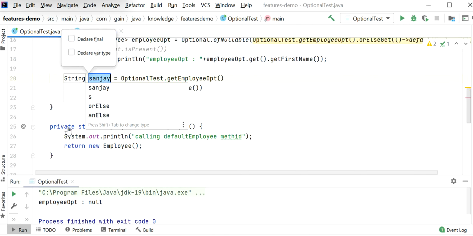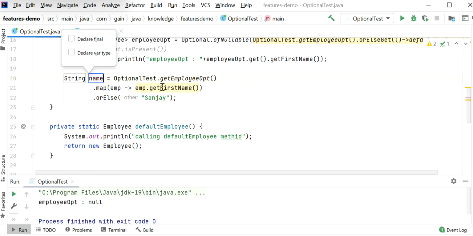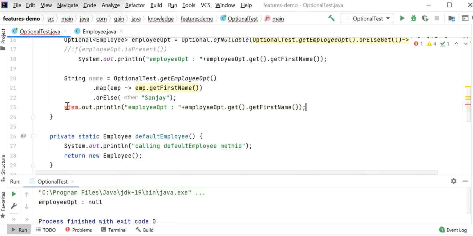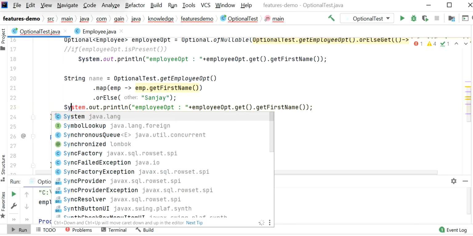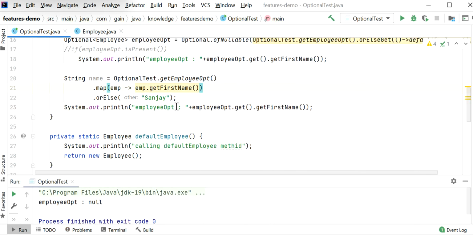Here I will introduce one local variable, string name, and print this statement. So let me copy this variable name and we'll just print it here.